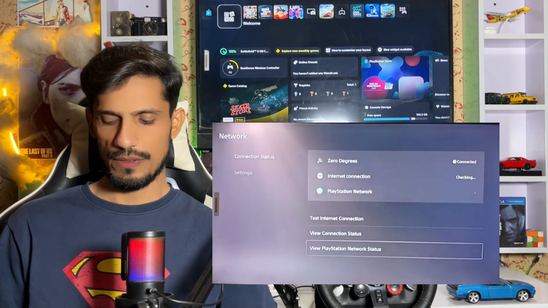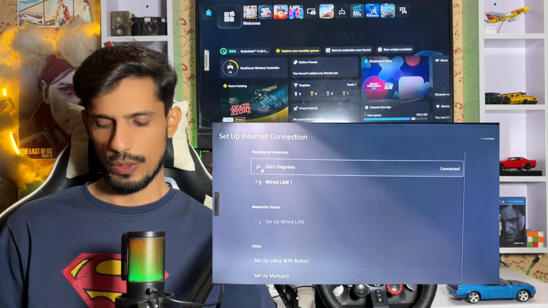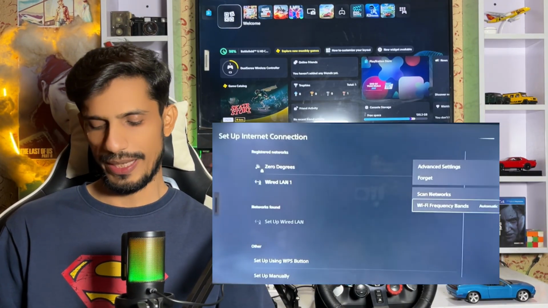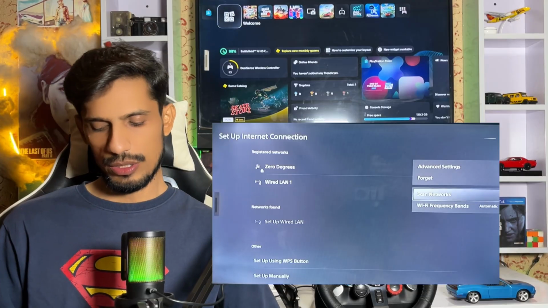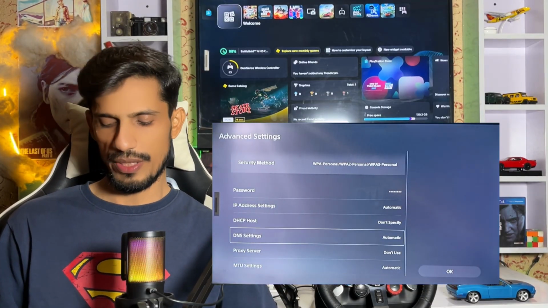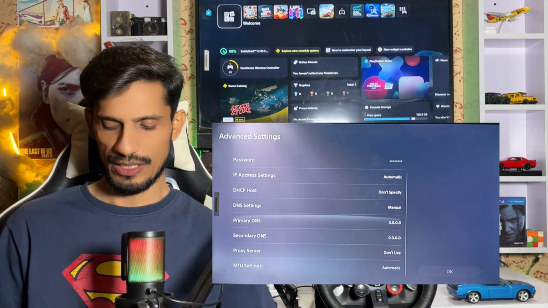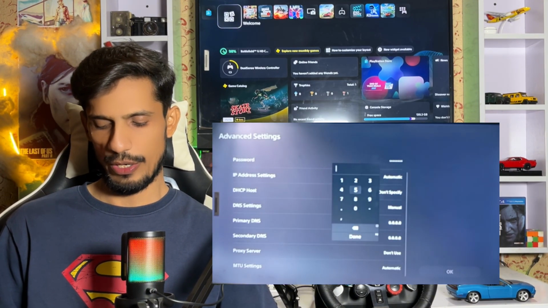You just check it. If the server is working and good, then it's your local internet problem. If the server is not working, you just wait. Sony will fix this automatically. And here the server is working and good, so you contact your local internet provider or fix it on your own: set up a new connection, forget the old one, check the advanced settings, frequency settings, DNS settings manually, primary,